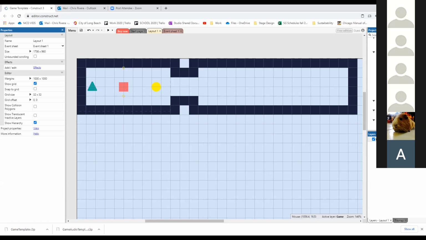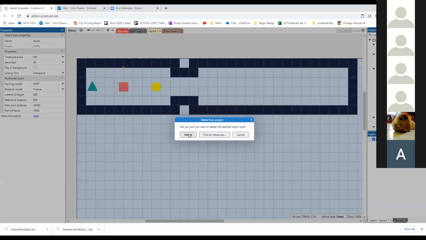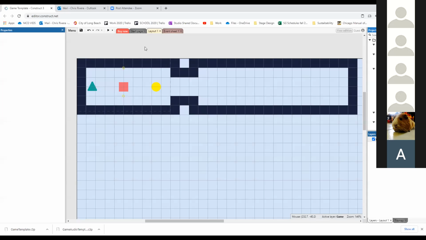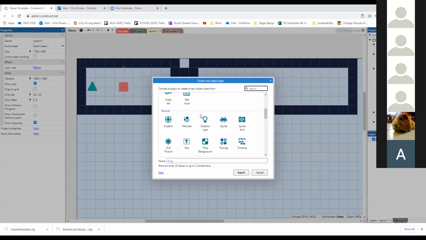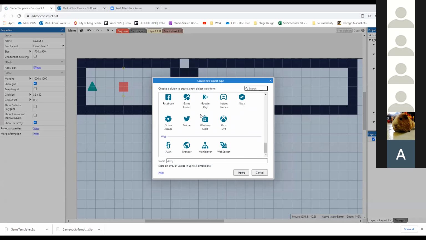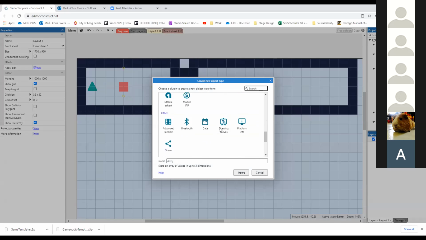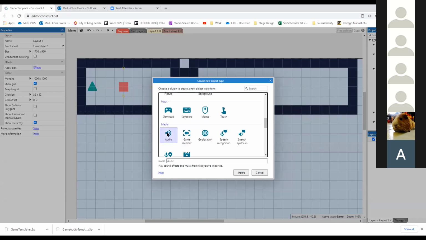I already have one object type, so I'm gonna delete it really quick and try it again. So I'm gonna double click again. You can scroll down. That is weird. Oh, there you go. Under media, it says audio.